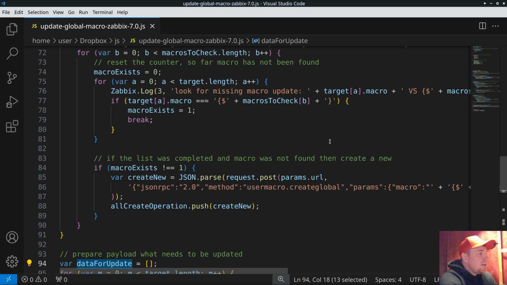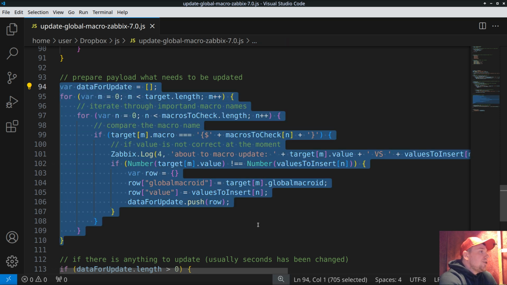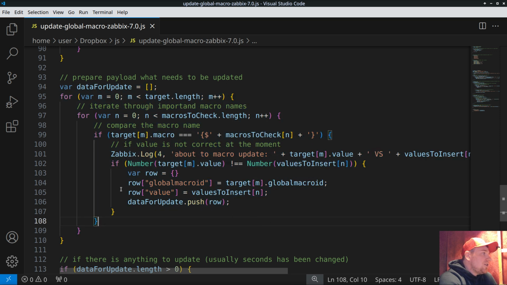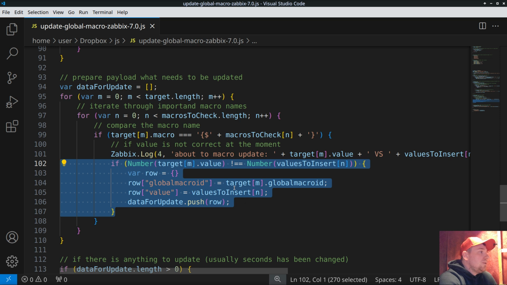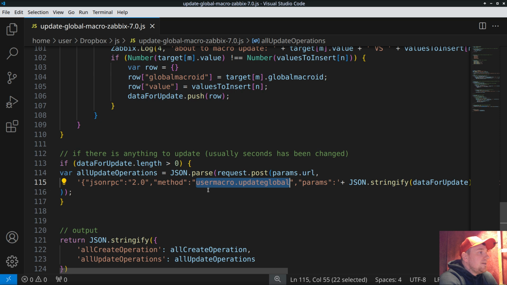per every missing macro. But then to maintain the macro, we have a function here. And this function is validating if the time has passed and it's the wrong year or the wrong month, and only if the value is not matching, only then it's preparing this payload. It will highlight that this needs to be updated, and then there is a single update operation, a single API sequence, user macro update global, which will receive an array, and it can update the minutes, the seconds, or it can update 5 in one go. So it's super efficient. This is almost the proudest part of the script, and the first proudest was